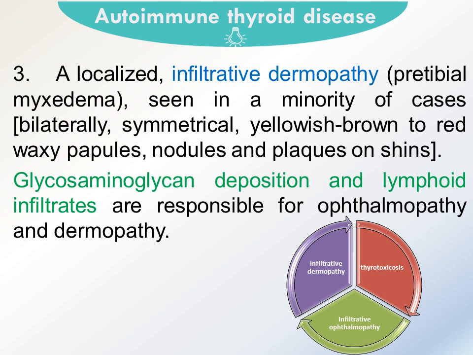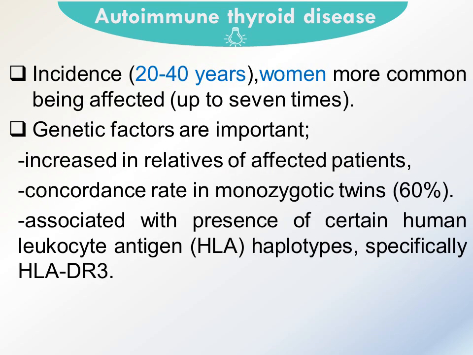and dermopathy. Regarding the incidence of Graves' disease, it has a peak between 20 to 40 years, with women being affected up to 7 times more commonly than men. In addition, genetic factors are important. The incidence is increased in relatives of affected patients, and the concordance rate in monozygotic twins is as high as